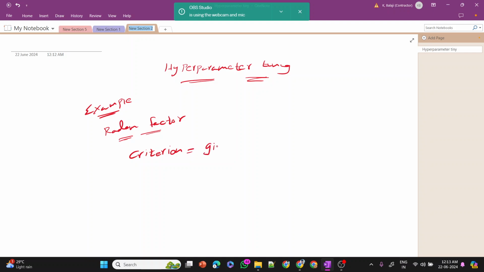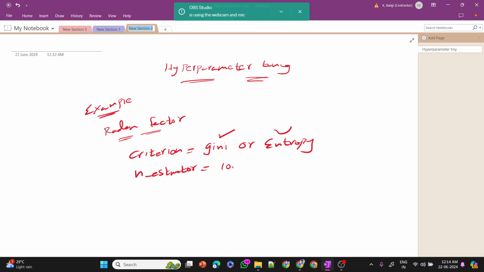It can be Gini or entropy. We can use any one of them. It can be Gini or entropy, and we need to define the number of estimators,